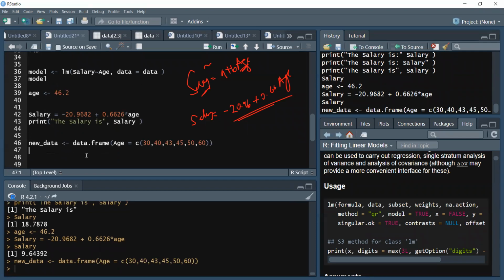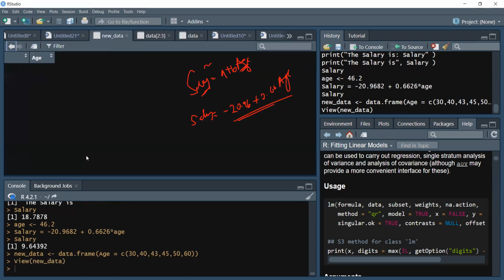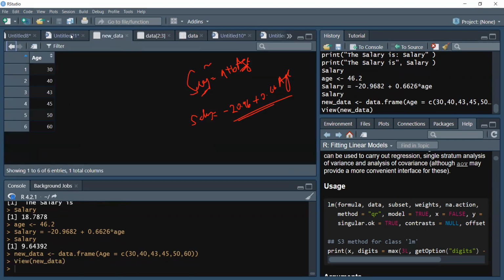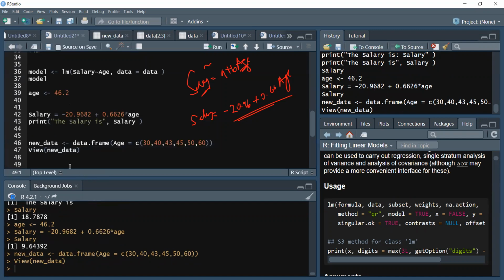So this is my new data now, isn't it? So I have new data. I want to do a prediction for 30, 40, 50 years old. So if I view it, let's see, this one will work. Let me see new data. This is new data. That's the new age, right? Good. So if I want to predict,